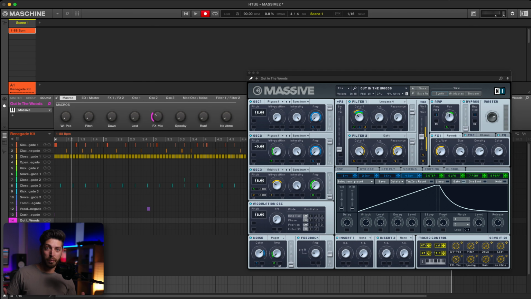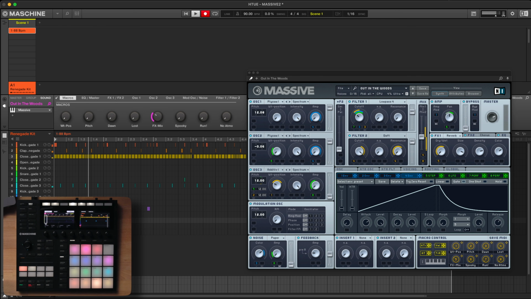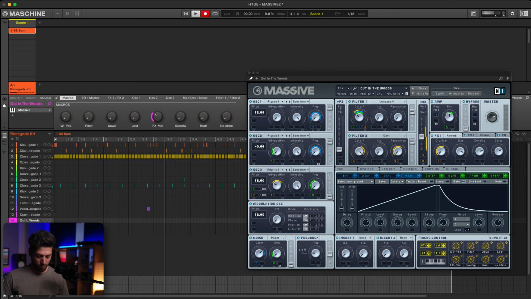Now that we know the ins and outs of Massive, let's load a few presets and see if we can figure out which modules are affecting the presets and adjust the parameters to fit the sound we are going for. Here we are in Maschine. I already have a beat. Let's play it back. Pretty straightforward. I found a cool patch called Out in the Woods that I really like, but I'm not liking